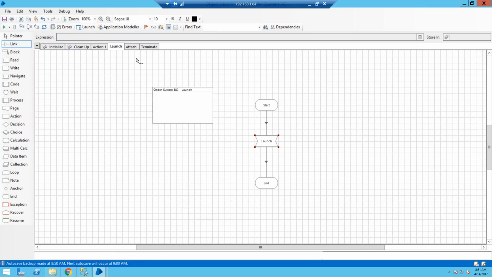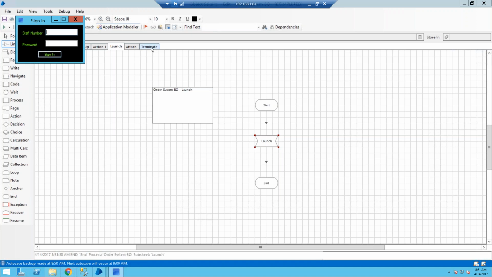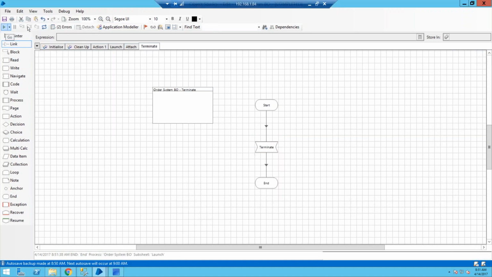So I have created two actions. You can see that right now the application is not launched. So just run it, and you can see that our application is launched, and launch terminate. So the application is terminated. Okay. So what I need to do first,